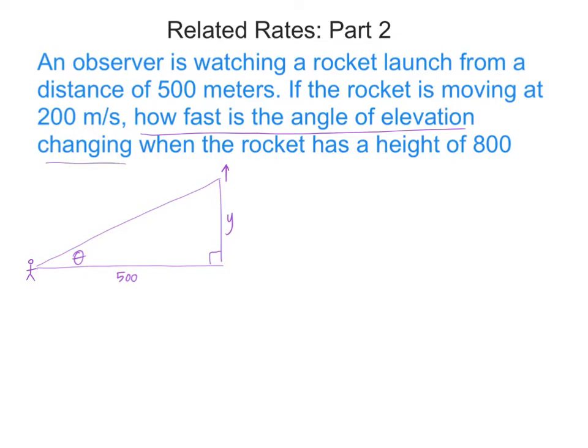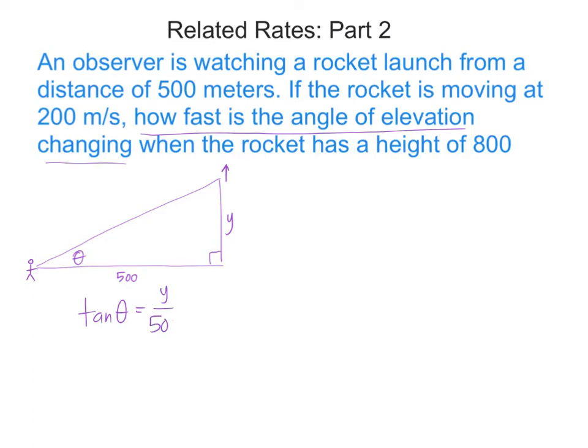Now, right triangles have lots of relationships. You learn early on in Algebra 1 and Geometry about the Pythagorean Theorem, and then a little bit later on you learn about trigonometry, where we bring the angles in and not just the sides. The relationship that's always true, if we're talking about the opposite side and the adjacent side of this triangle, according to this person's view, the thing that's always true is that the tangent of this angle theta equals y over